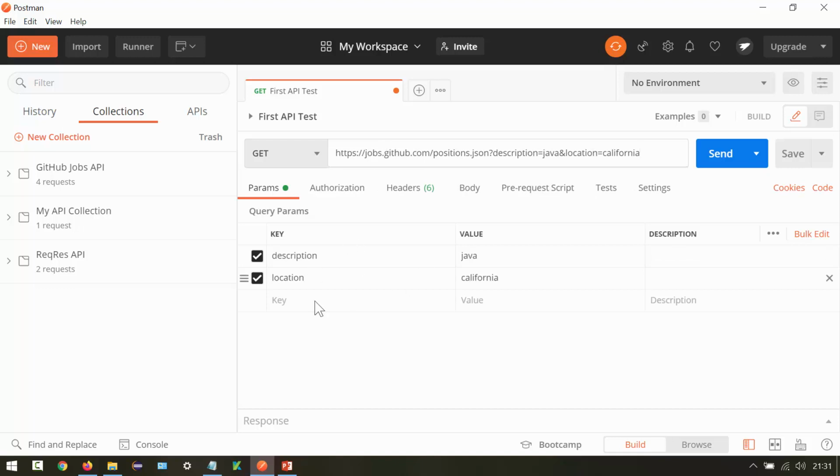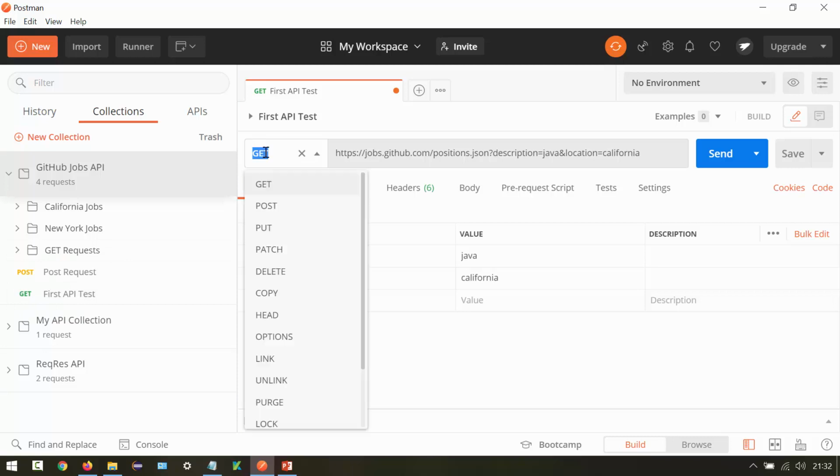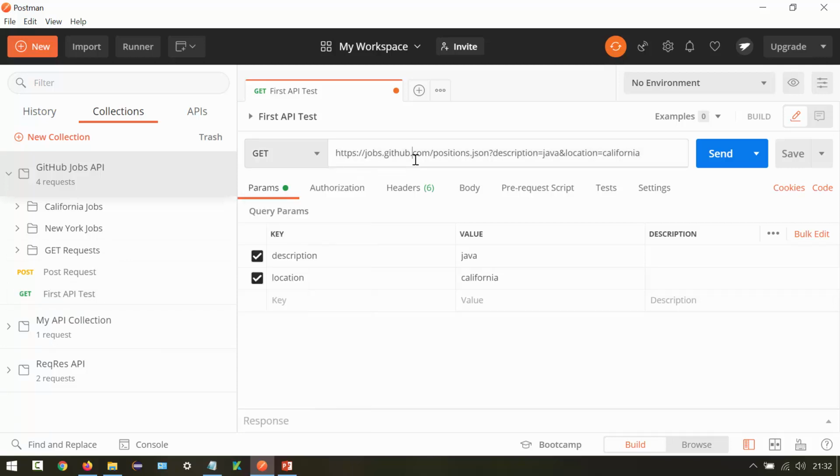You can see params are automatically filled up. So description is Java, location is California, and then if I expand this GitHub Jobs API, you can see our request here, first API request, and then this is of type get. So this is get request. You can see the type as well. We are using the get type. So let me save this. Okay, our request is ready.